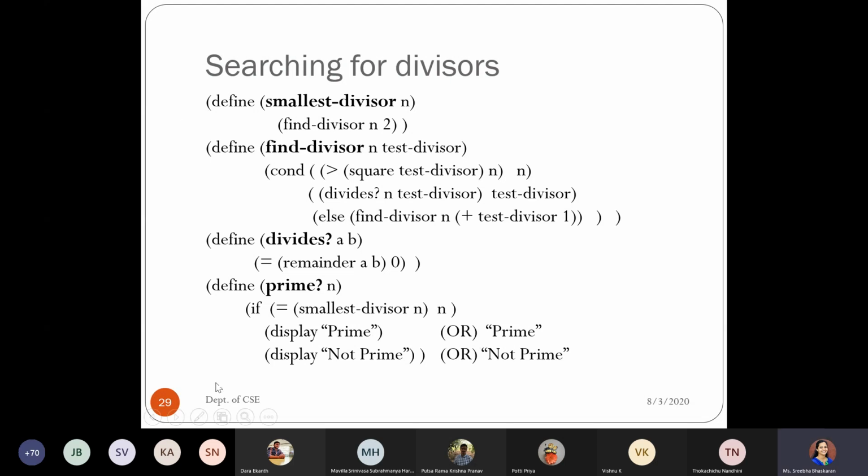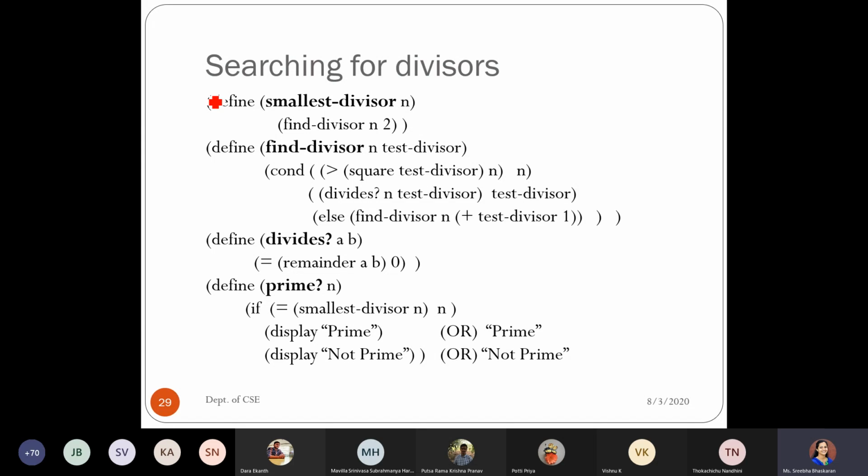So first, the entire thing I have put together. Let us see the first procedure. Everything I haven't defined in one single procedure. It has been split into different modules. So when you are defining procedures, you have to take note that you divide the contents into different modules. When you are making them modules, make sure that it will be in such a way that we can reuse it for some other purpose also.